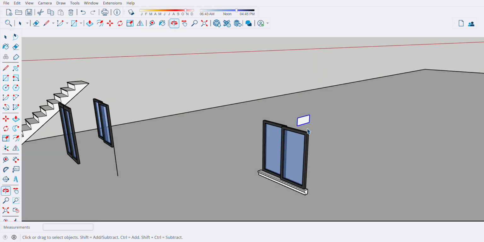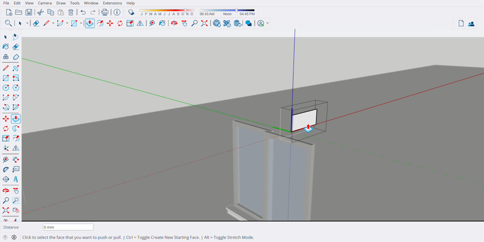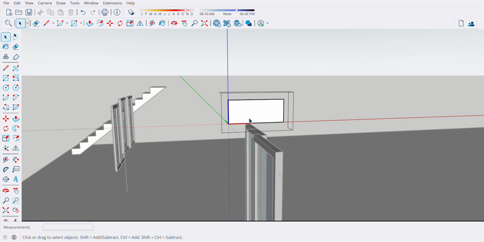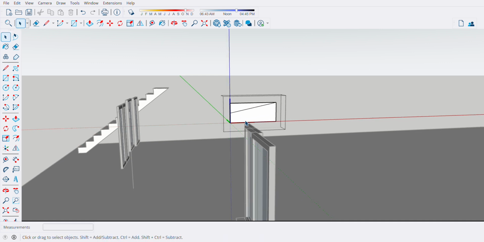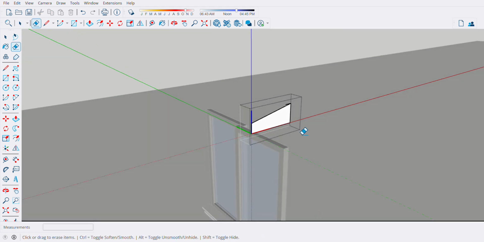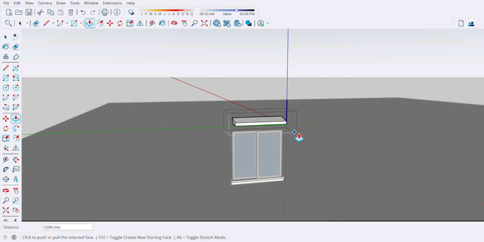So okay, this one we will pull. Why is it? Sometimes the design is loose, like this. So erase this one, just erase, and then pull this one up to here.